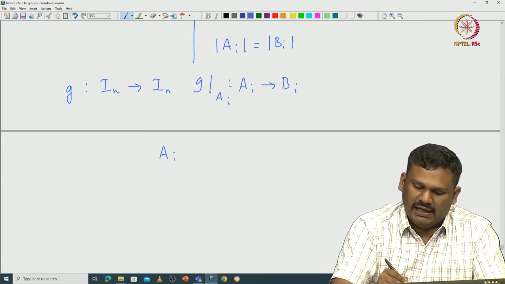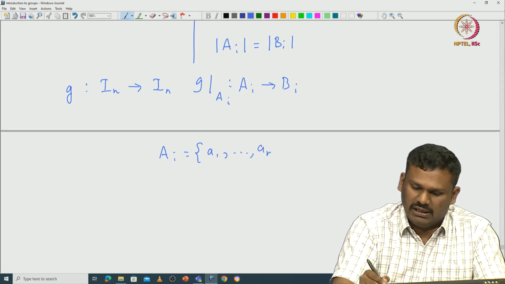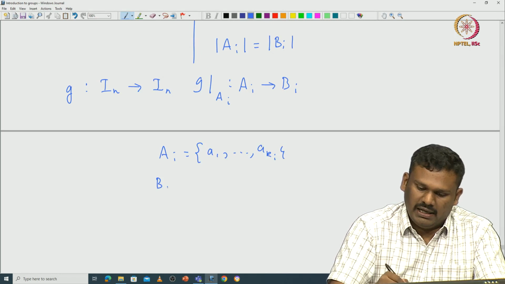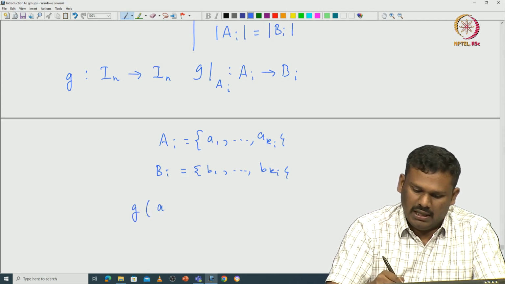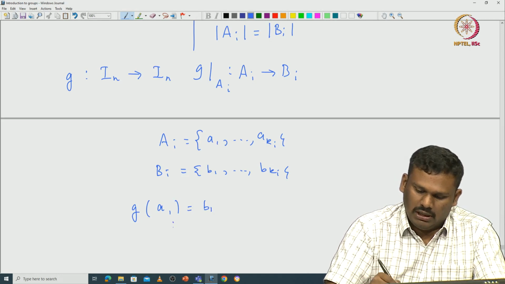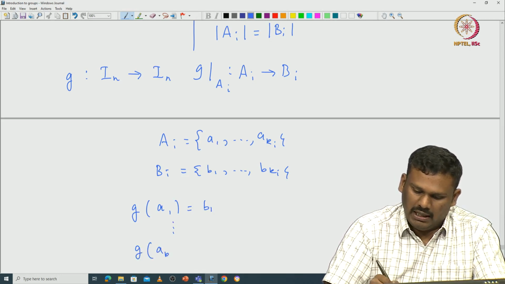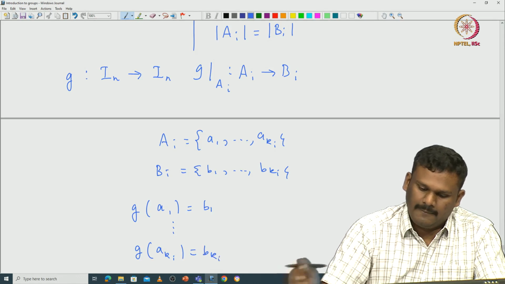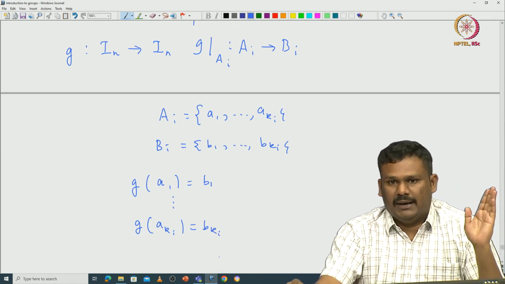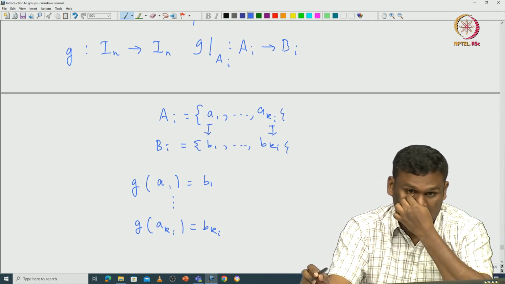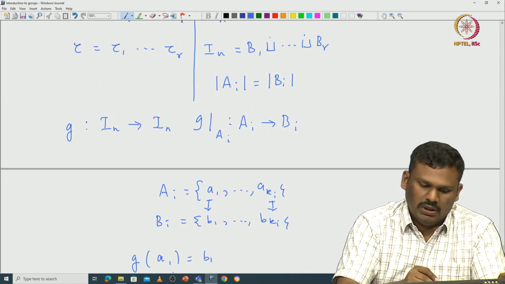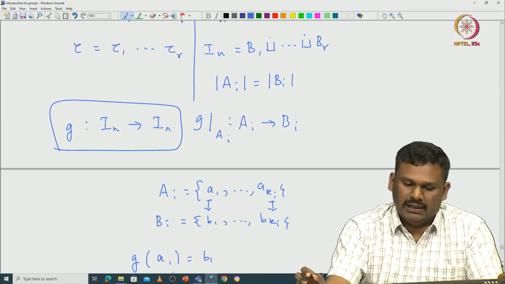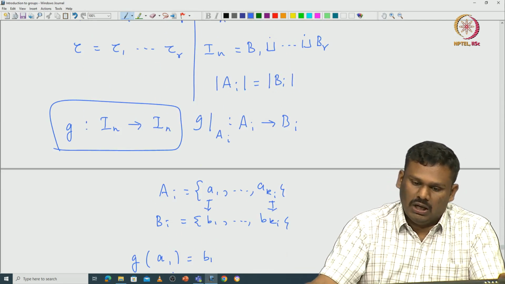You list Ai as a1 etc. aki, and Bi as b1 etc. bki. Then you define g of a1 equal to b1 and so on, and g of aki equal to bki. So, g defines a bijective map from Ai to Bi. Patching this together on 1 to n, you get a bijective map from 1 to n to itself. So, now you have a permutation